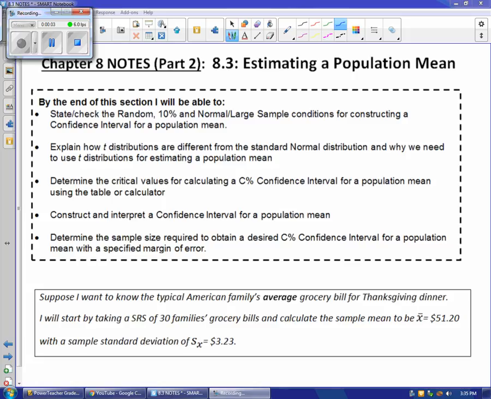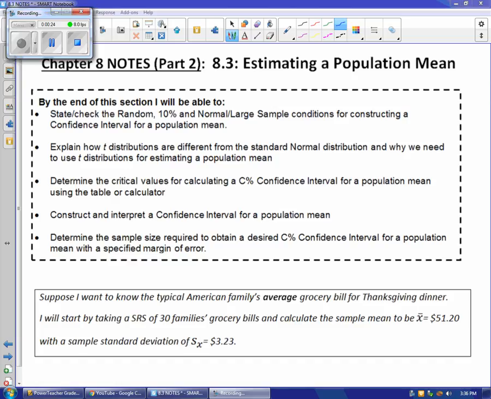Hi everyone. Today we are going to learn about estimating a population mean using a confidence interval. By the end of this lesson, you will be able to state and check the random, 10%, and normal/large sample condition for constructing a confidence interval for a population mean, explain how t-distributions are different from the standard normal